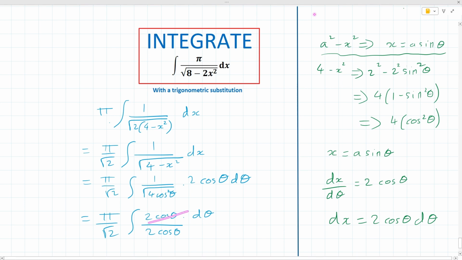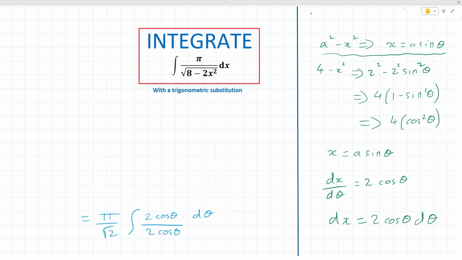In fact, they're just going to cancel each other out and leave you with a 1, which is really nice. So it's still an indefinite integral of pi over root 2 times the integral of 1 d theta, or simply d theta. And to integrate this, all you need to do is to add theta. So this is pi divided by root 2 times theta,